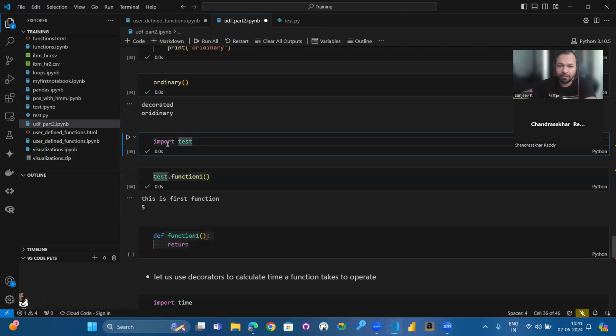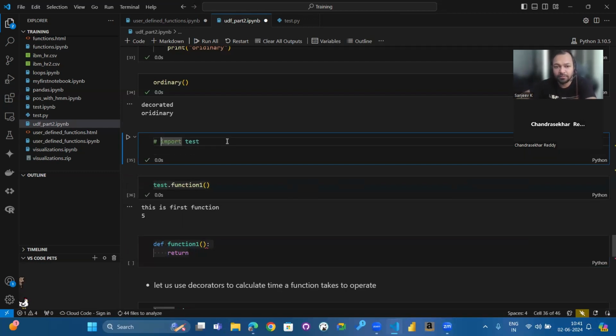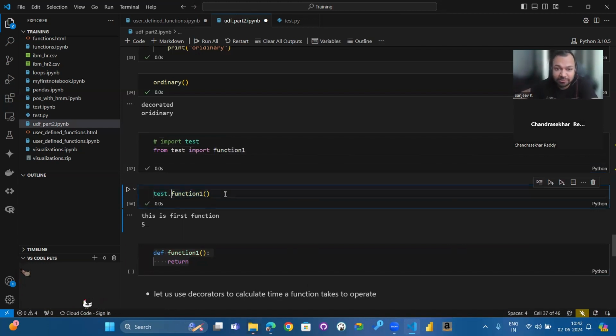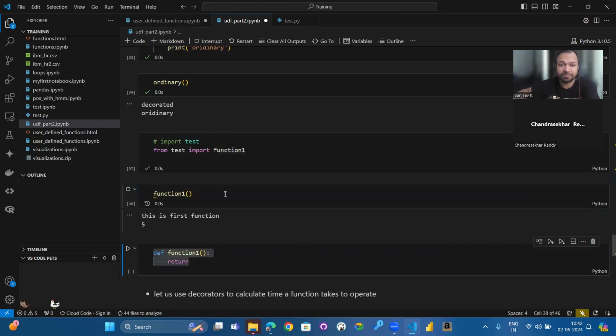Say I will write this in another way. From test import function1. In that case, I can use function one. Now it's working. I'm calling function one and getting the output. But if I go and declare one more function one in this page,